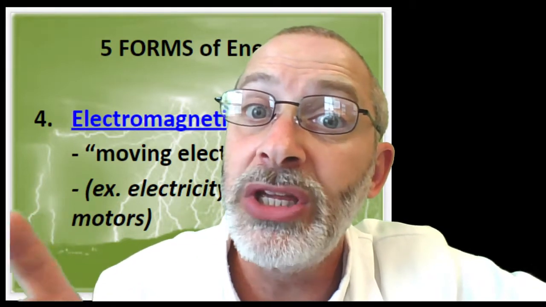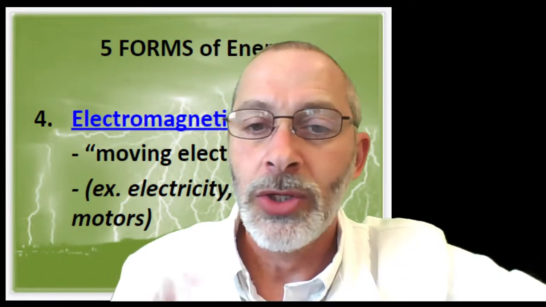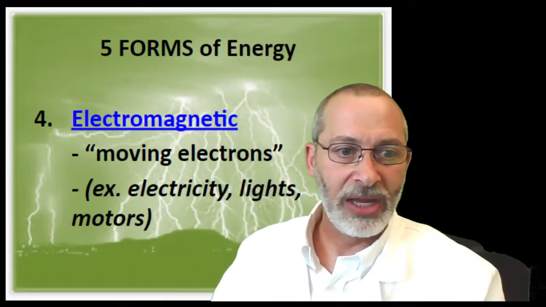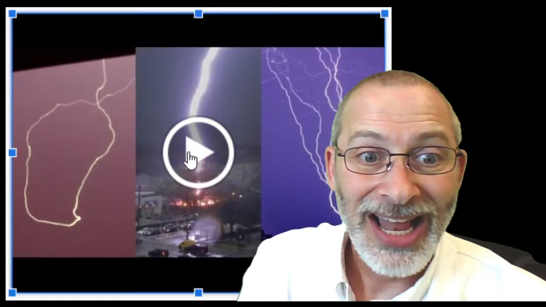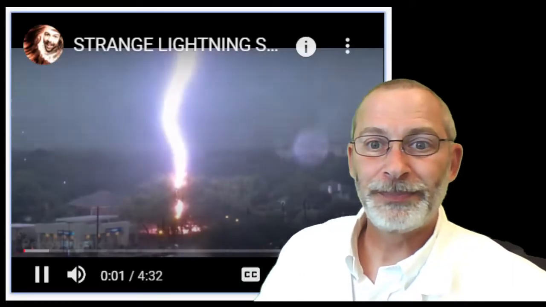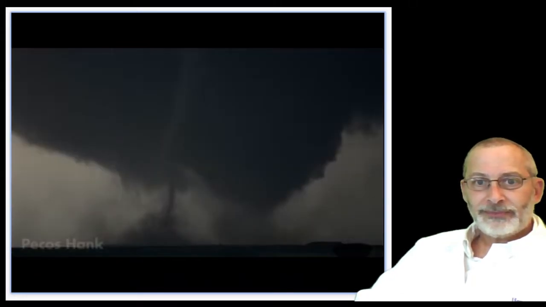This is going to be really, really important for us to remember in the very near future. So let's give another example of electromagnetic energy in the form of a powerful release called lightning. Let's check this out. Lightning strikes from storm clouds down to the ground. It also strikes up into storms and also out into thin air. Sometimes isolated sparks shoot up out of the ground. Lightning channels sometimes sail in strong wind and take bizarre, unlikely paths through the sky.